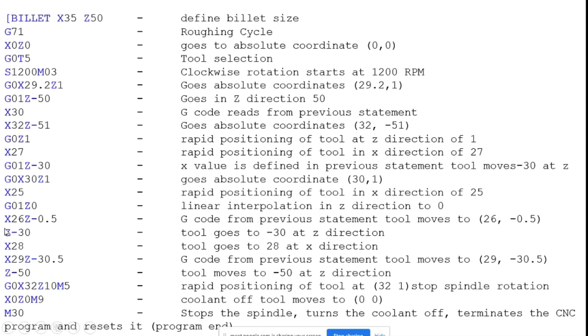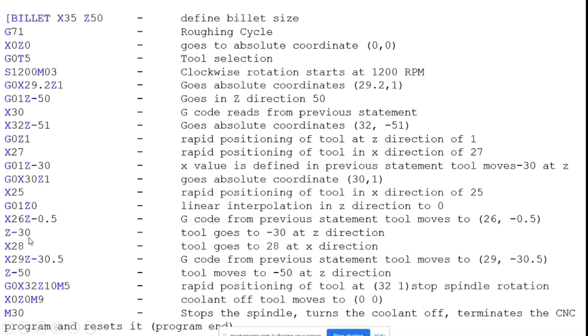After that, the next X26 and Z minus 0.5. Why did I use the same linear interpolation? I picked the G code from the previous statement, and the tool moves to 26, minus 0.5 from the X30 Z1 position.